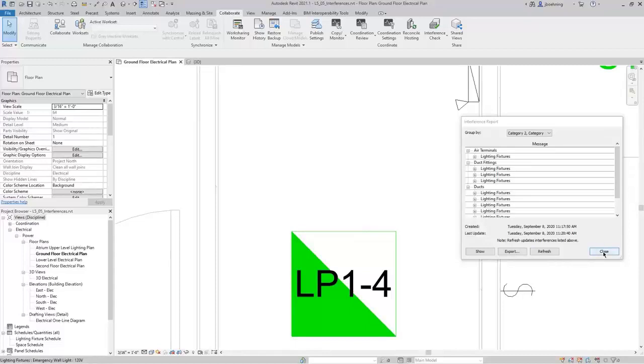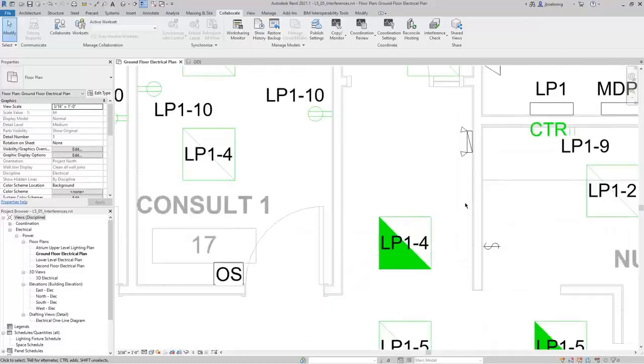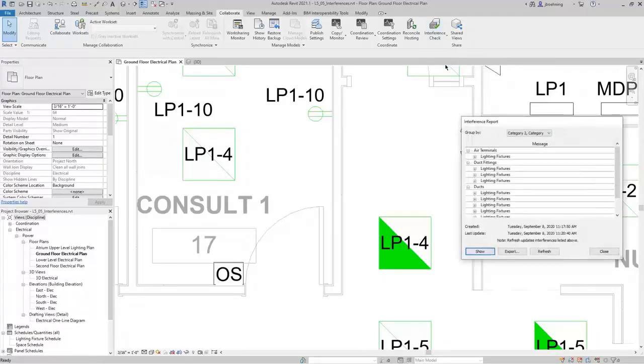You can also click Close to close the interference report, and then if you want to see the same interference report, go back to the Collaborate ribbon, and in the Coordinate panel, expand the Interference Check button and select Show Last Report. And then that last interference report will open again. For this example, I'll click Close,